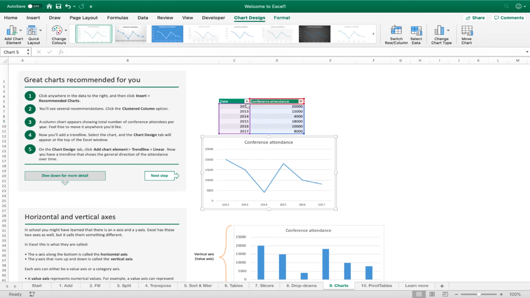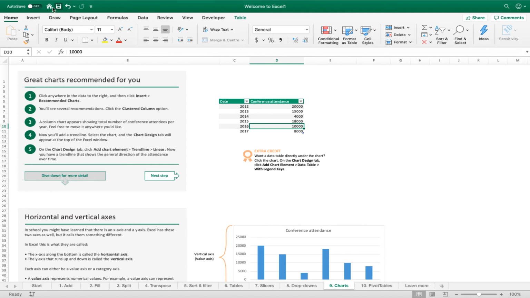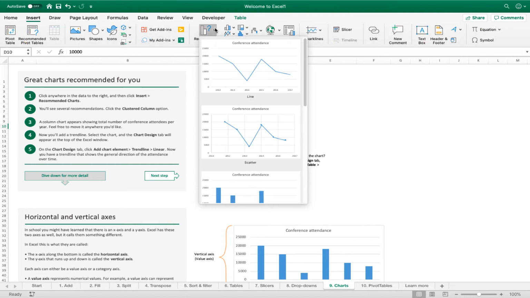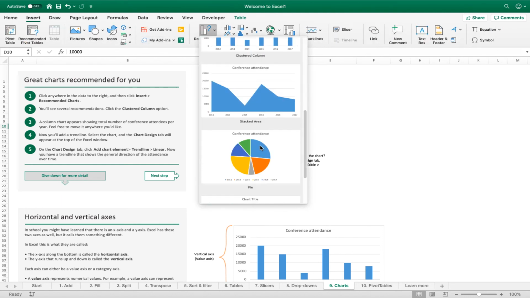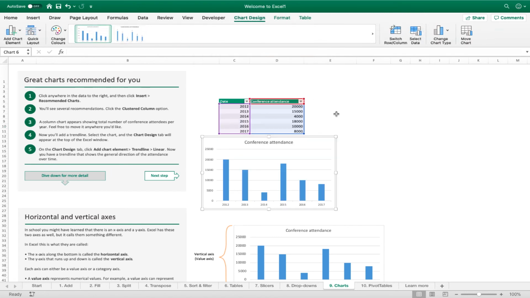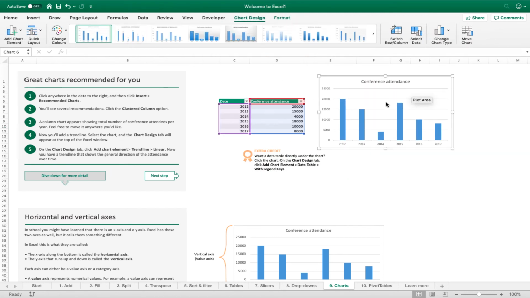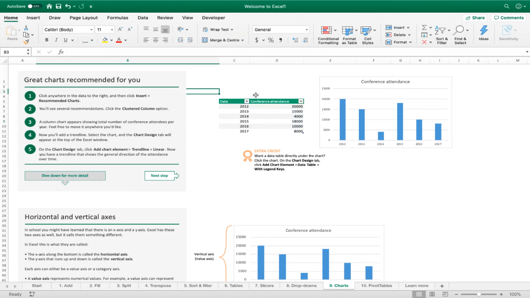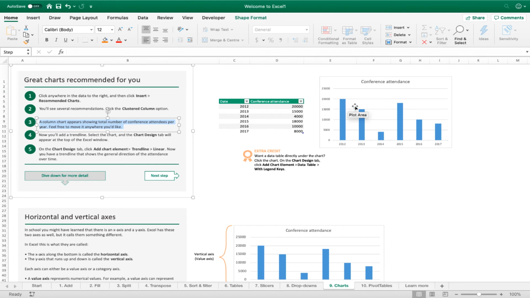Bang. Oh no, I didn't want us to do that one. What is the one? Clustered column. Otherwise known as bar to everyone who's a regular person. So it says, a column chart appears showing a total number of conference attendees per year. Feel free to move it to anywhere you like.